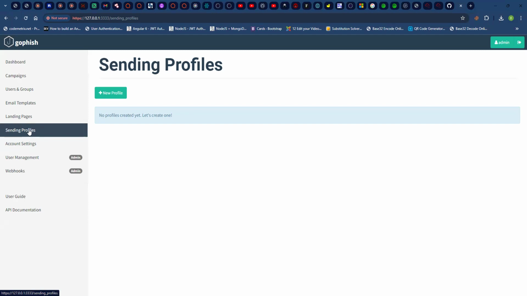You go to that provider, then you click on compose and you compose that email, right? And everything is fine. But in this case, we are using a tool to automate the process. So we need to set up the tool to be able to send out emails on our behalf. That's why we need to configure a sending profile. And if you start the application, you should not have any sending profile configured.